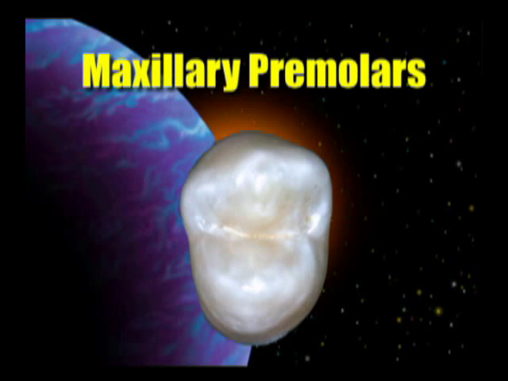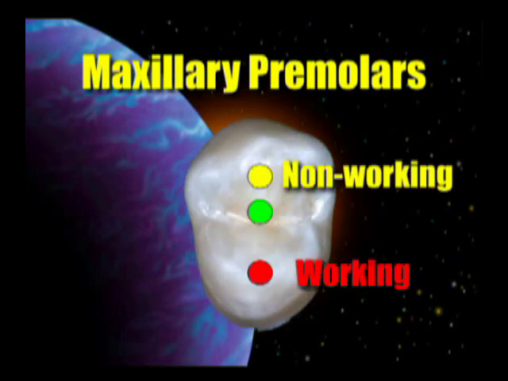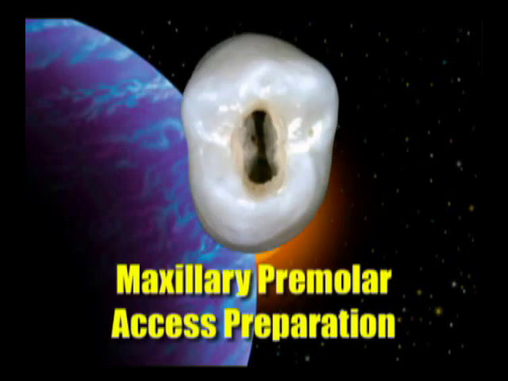Maxillary premolars, again, basically the same concept. We will, however, use a number 2 round burr in the case of the premolars or the anteriors. And as we did in the molar, we go to the working cusp, and on the maxillary it would be the lingual cusp, and 2 millimeters short of the non-working cusp, and that creates a little slot like this. No need to go to the distal extensions because the canals are always going to be in a buccal lingual